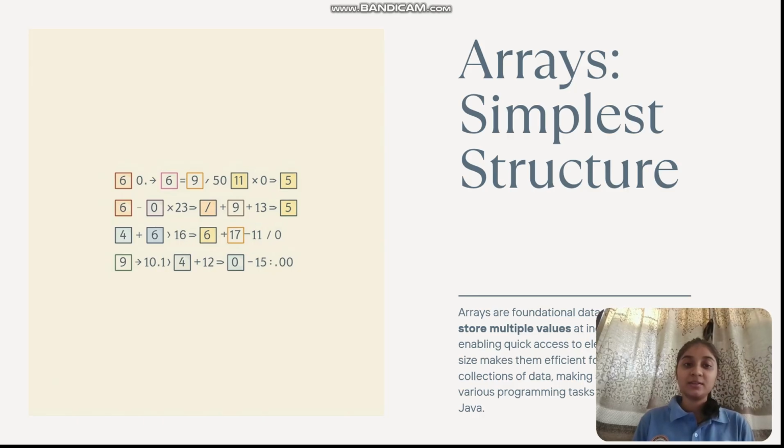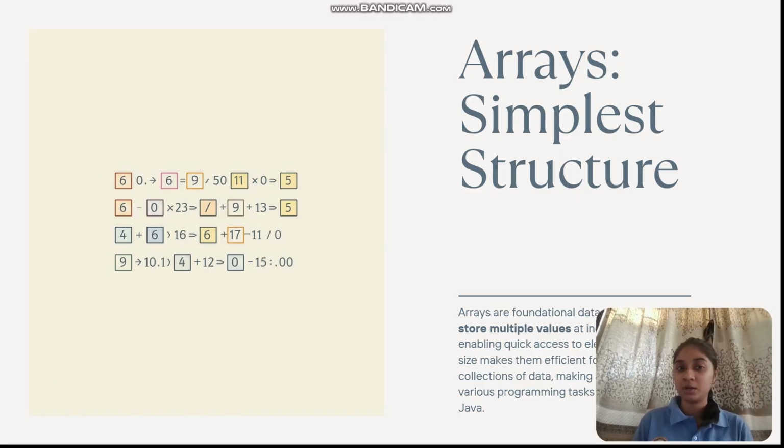Arrays. Now we will be seeing arrays, one of the simplest and most commonly used data structures. An array stores multiple elements in contiguous memory locations, allowing the computer to access them quickly using an index. For example, if we have an array storing student marks, we can easily access the marks of a specific student